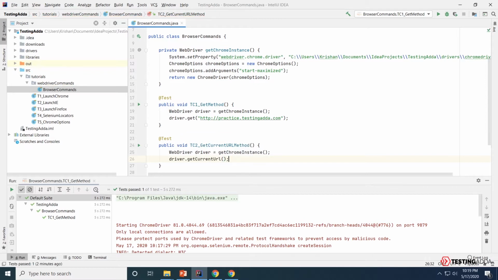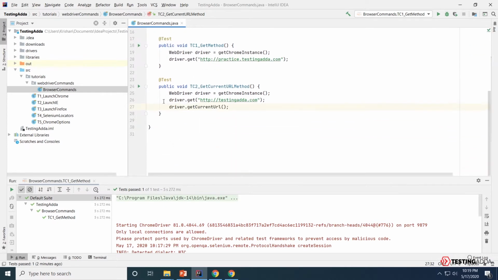double click this method, but before that we have received the instance but we never opened up any URL. So what I am going to do is driver.get, which we just discussed earlier. We'll open a URL. Now the URL is going to be slightly different just to ensure we are able to fetch the right URL. So I'll say testingadda.com this time.